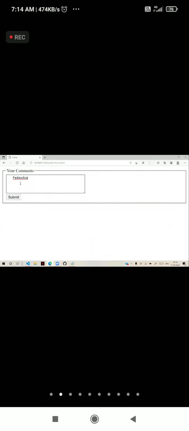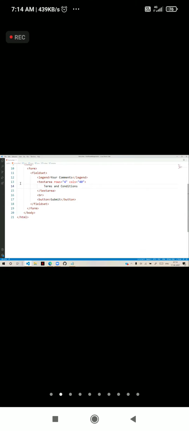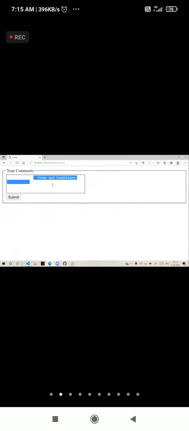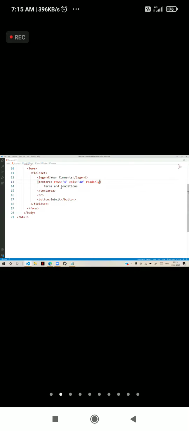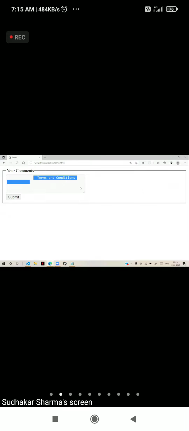If you don't want to modify, then you know that you can keep it read only. So if you keep it read only, you can only read that, you cannot modify. If you don't want to submit, then you can put disabled also. That means it will be disabled, it will not submit these values.